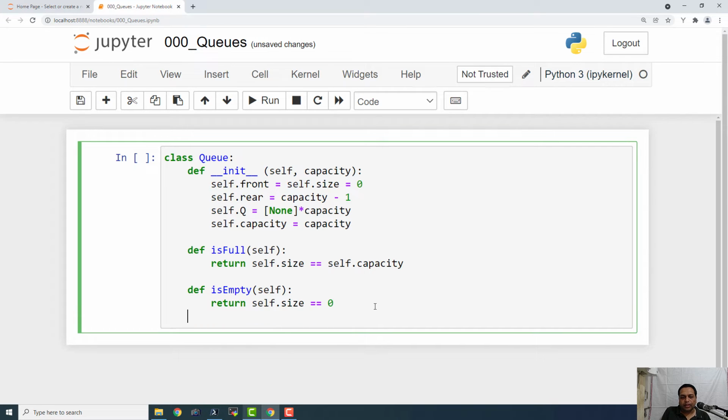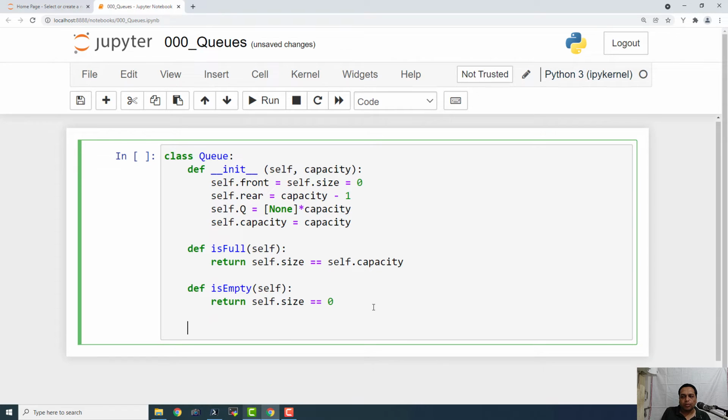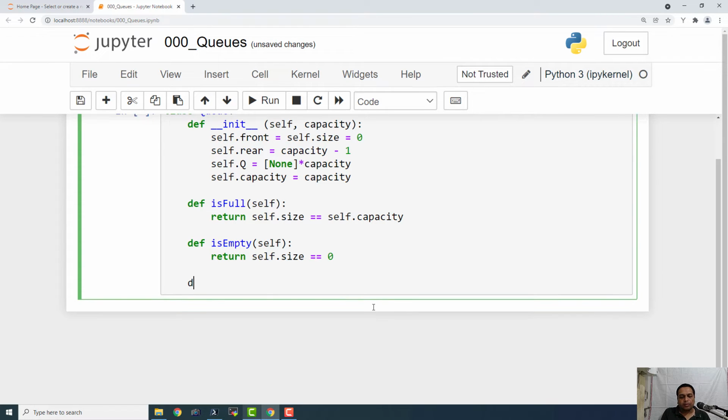Now let us define the method to enqueue an item. So def enqueue(self, item). I guess the spelling for enqueue should be enqueue.